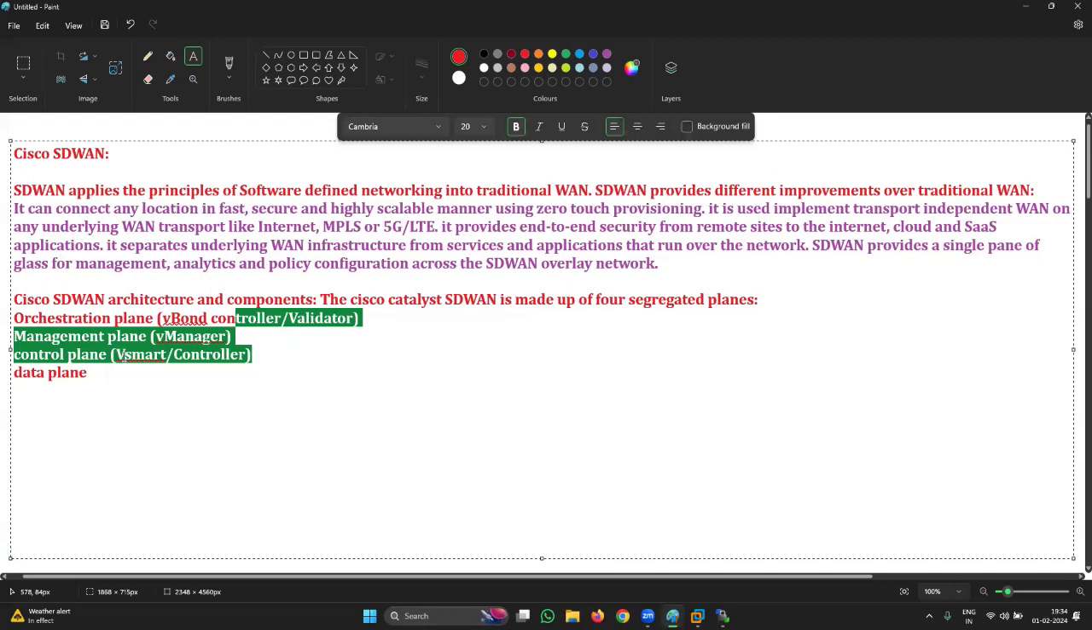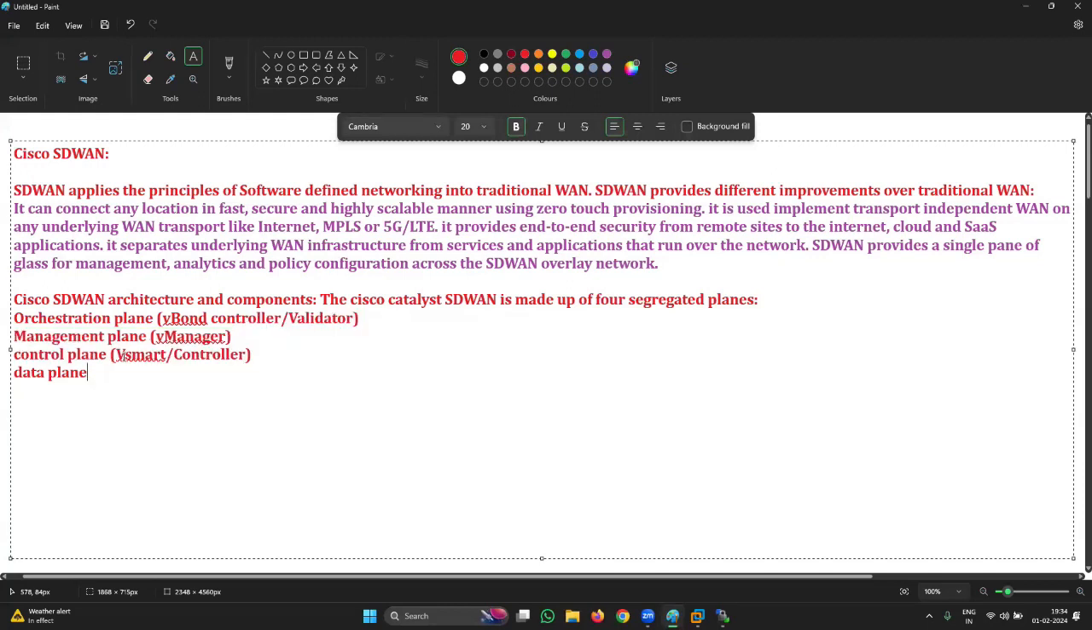vBond controller, vManager, then this vSmart controller. But in Cisco Catalyst SD-WAN, in new naming convention, this vSmart controller is called controller only, this controller. Okay, and data plane will be forwarded by WAN edge devices, like we have vEdge router and cEdge